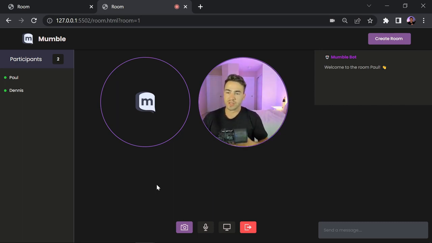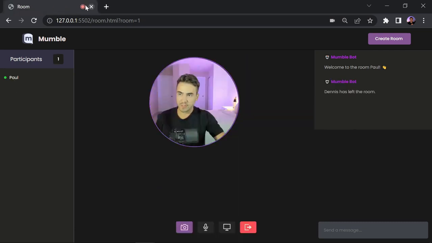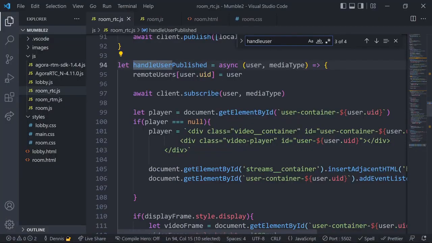So the way that I'm going to solve this is, technically, if this user just leaves, then it'll work. But if that user is still in the video stream, I'm going to handle this in another way. So we'll have both functions handle that. Essentially, I'm going to send out a message using Agora RTM to everybody in that channel saying, hey, this user has left. Go ahead and remove their element or their video frame from the DOM. So it's simply going to be a message that we send out when we actually leave the stream,